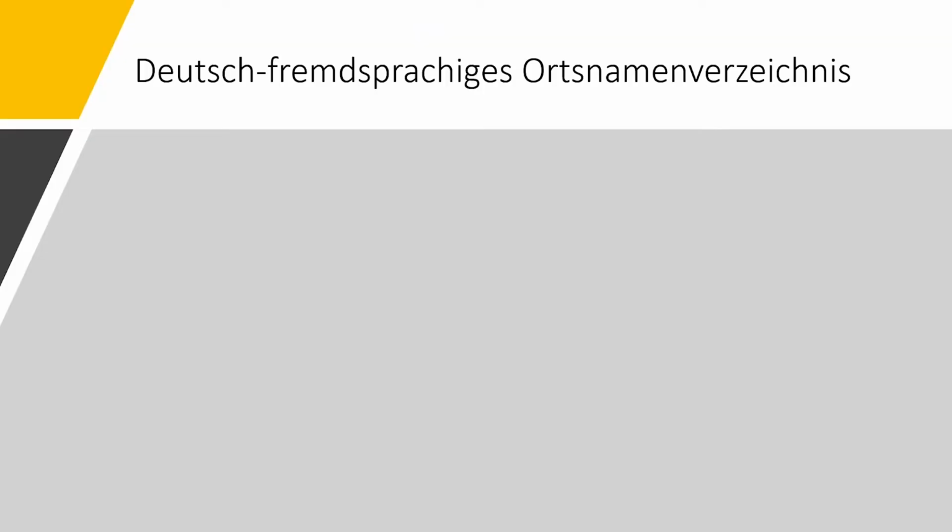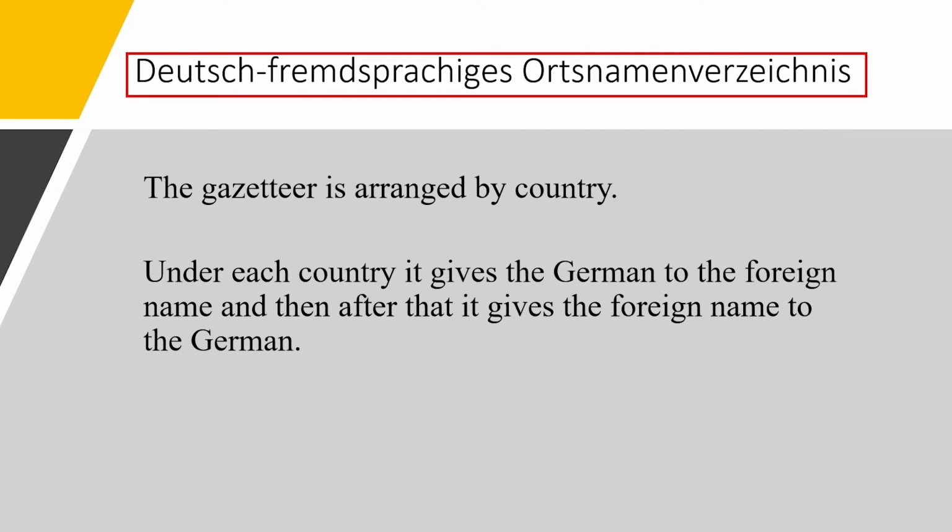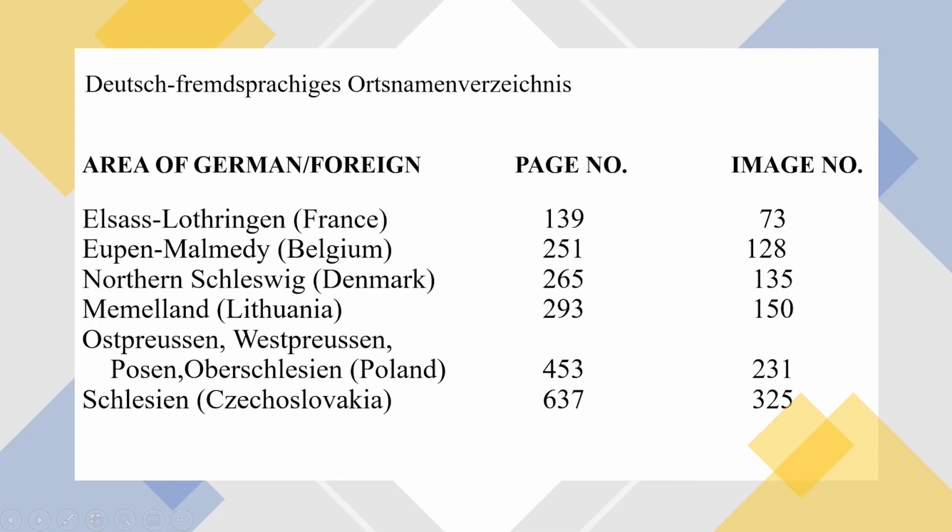After World War I, the gazetteer to use to determine a town's modern name is the Deutsch Fremdsprachiges Ortsnamenverzeichnis, or the German to foreign locality name register. It is arranged by country. For each country, the first section lists the German town alphabetically, followed by its new foreign name. In the second section, it lists the foreign town alphabetically, followed by the German. This gazetteer is digitized on the Family History Library microfilm number